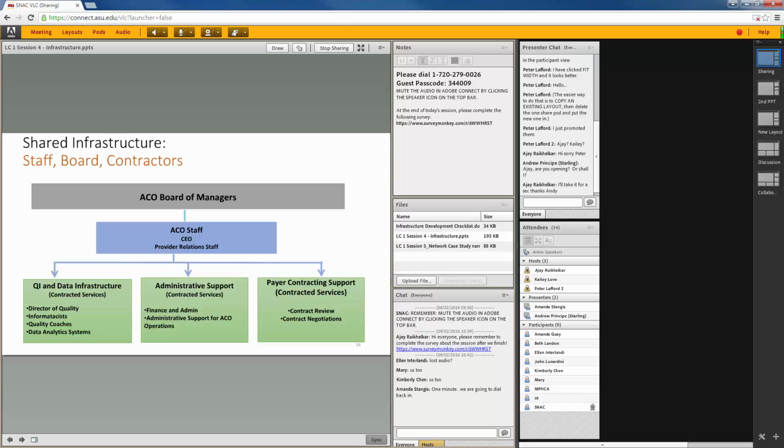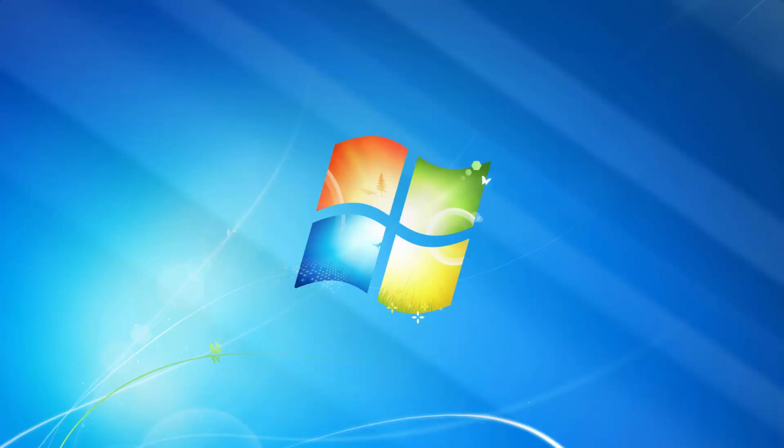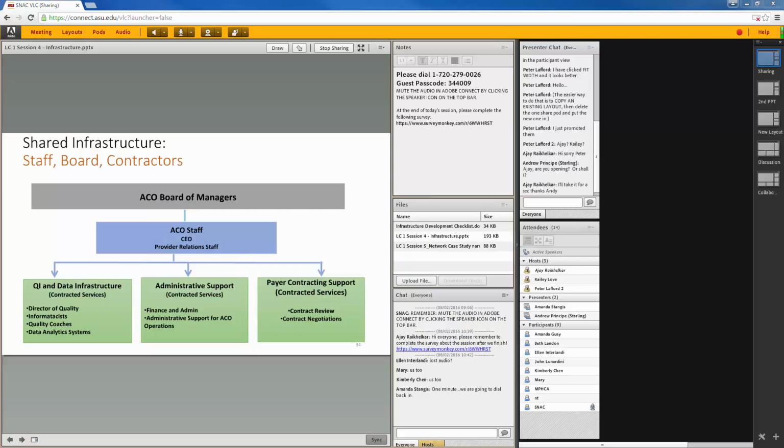That staff oversee 3 internal infrastructure functions: quality and data infrastructure, which is staffing and quality coaches, as well as some information technology systems to support quality improvement and data improvement; contracted services for admin. This is simply the fact that as a freestanding entity, this network needs finance and admin support, and support for other functions. They subcontract that out to a third-party entity, and then contract review, contract negotiation, and this theoretically would